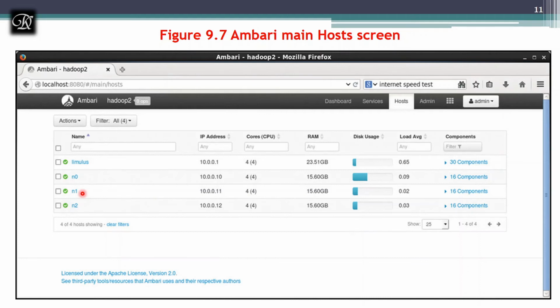This is made directly to check whether all the nodes are working and what the resource utilization is, everything by the admin. This is for administration purposes, and you can start and stop the services. This comes under the host tab.